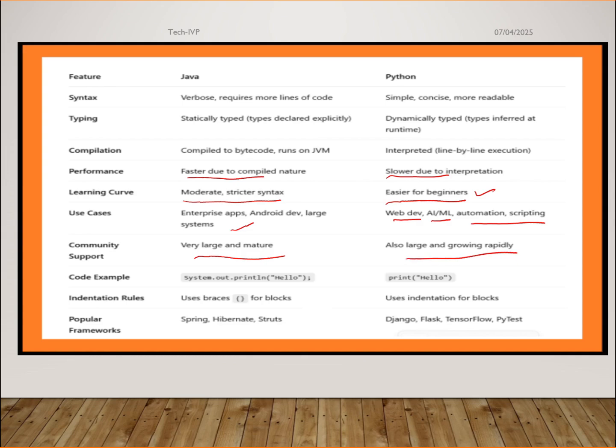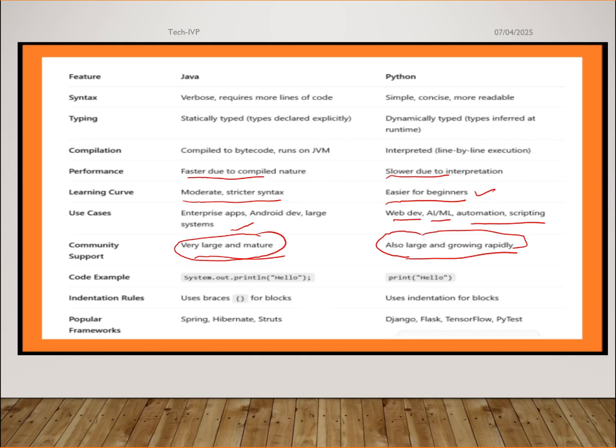So the thing is, guys, for Java community support is very large, but Python is a newer language, so its support is a little bit less for automation